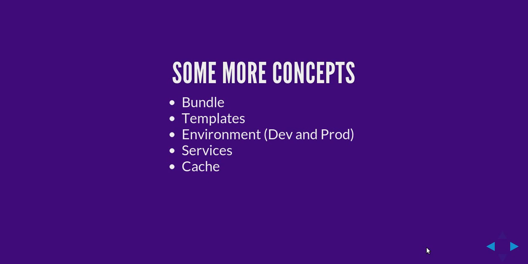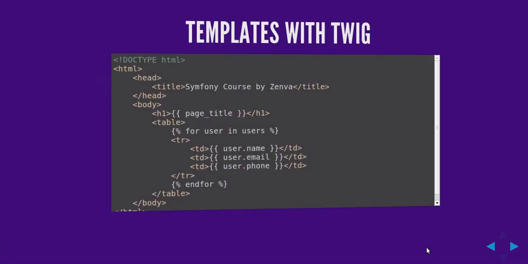There's a concept of services. Services are libraries that you can inject within your code so that they're not always loaded. You sort of inject them. That's called dependency injection. You inject them when you need to use them. And Symfony creates a cache as well, so that in the production environment the loading of some things is a lot